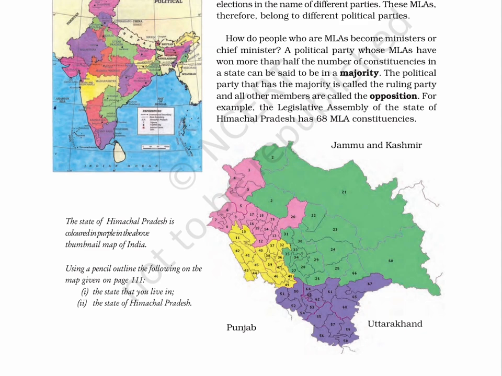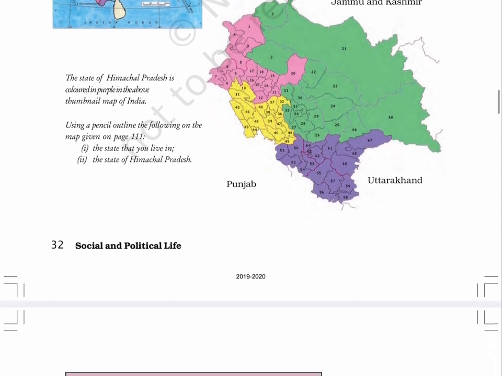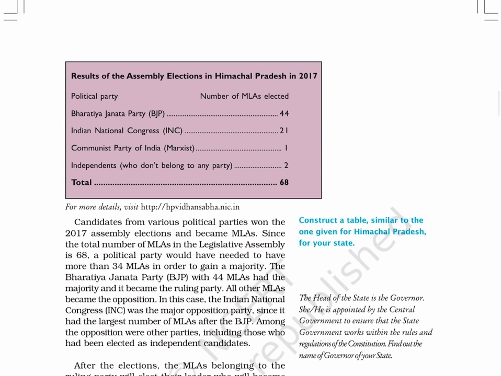Page number 33. On this page, there is a table in which the results of the assembly elections in Himachal Pradesh in 2017 are given. The names of various political parties are written here, along with the number of elected MLAs from these parties. They are Bharatiya Janata Party, BJP,